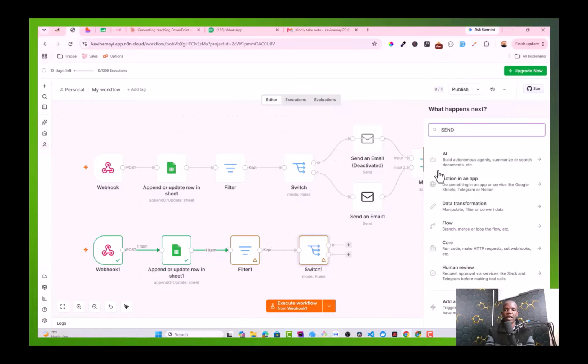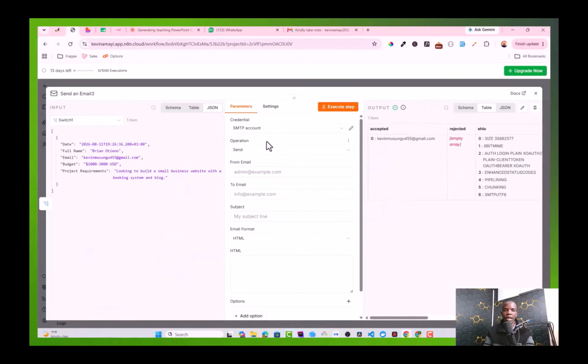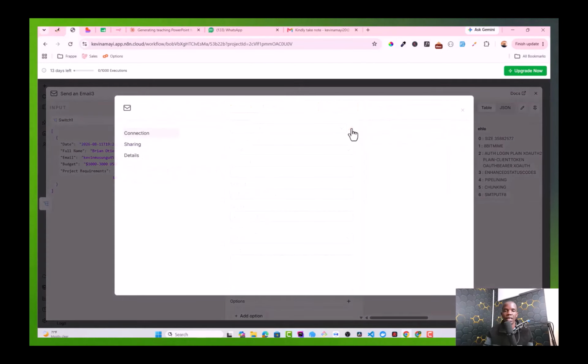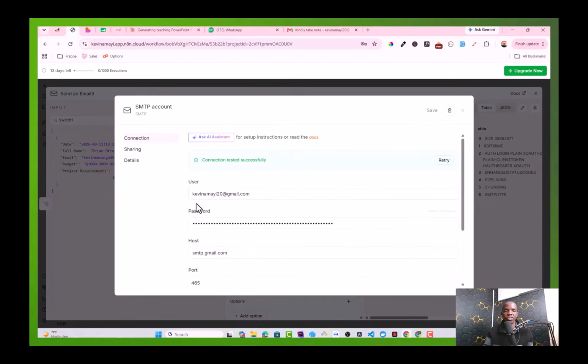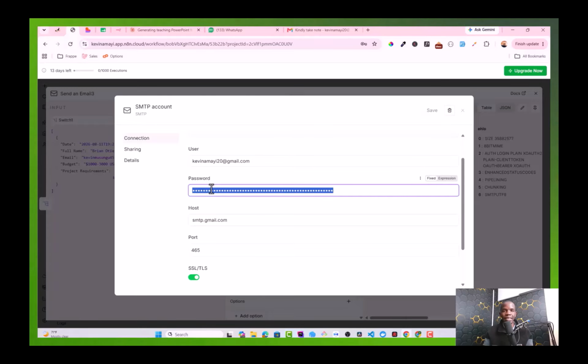So you're going to say send email. So this option here, and then click send email. It will open this. So you need to authenticate your SMTP account in order to send email. So the way you do this, so currently I've already authenticated, that is why by default it says this, but you can authenticate by clicking edit, or by default it will just ask you to put this data. So this is your Gmail. So I'm using Gmail for this case. So use your Gmail here, and then there is a password here. This is not your Gmail password. So the way you get this password is that you go to